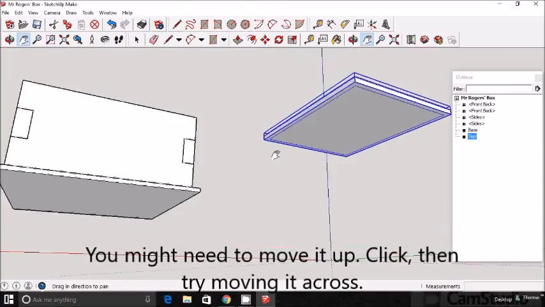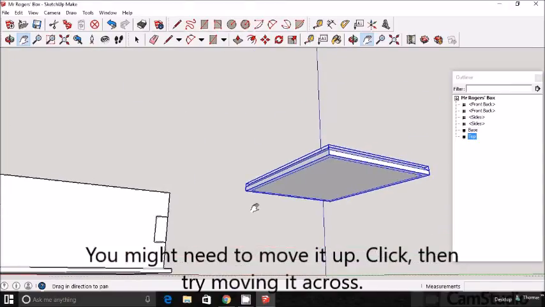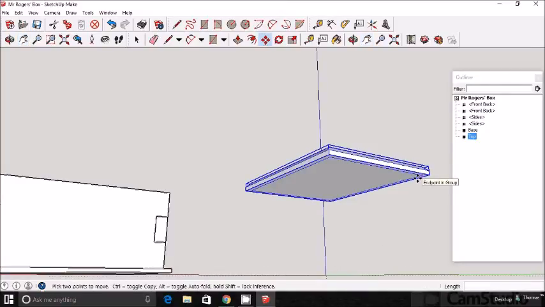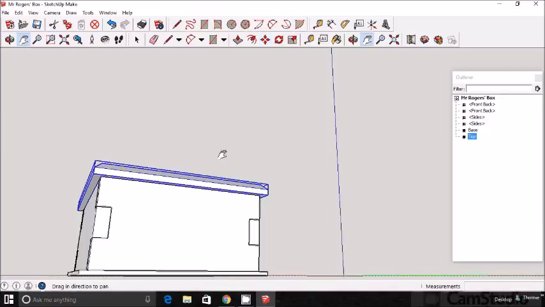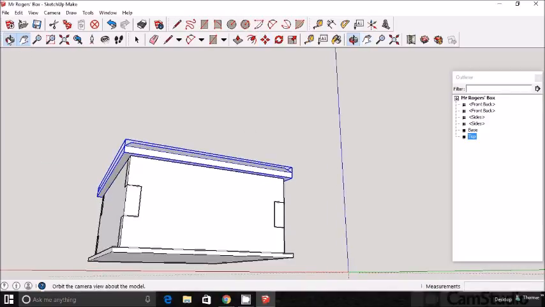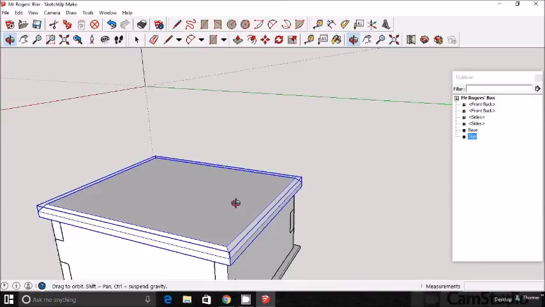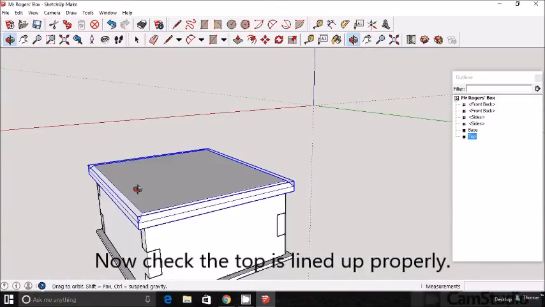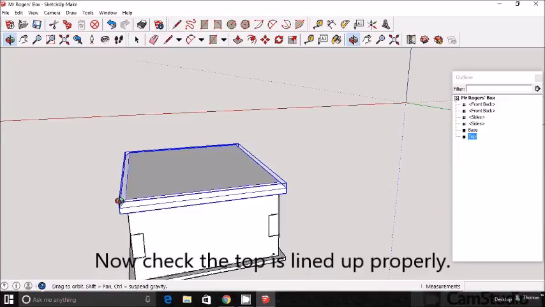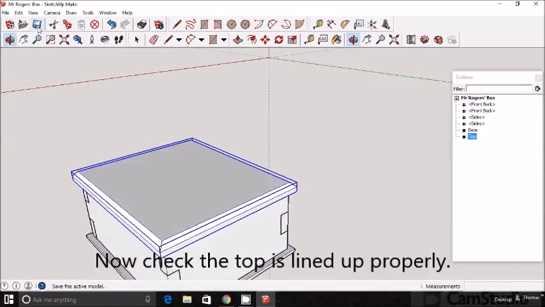And then pan. Let's try again. So if I move, so it's that point I need to identify. So click, and move it over here to that corner, and then click again. Now if I pan it, I can rotate, and I can see the box top is fitting perfectly. Look at that, very nice. Right, I'm going to save that,